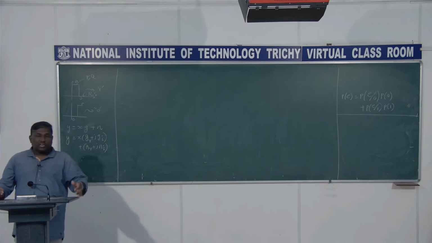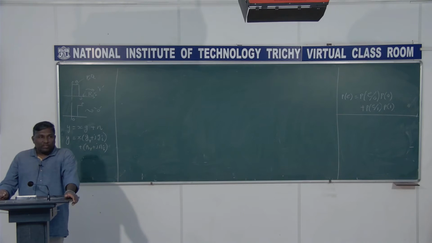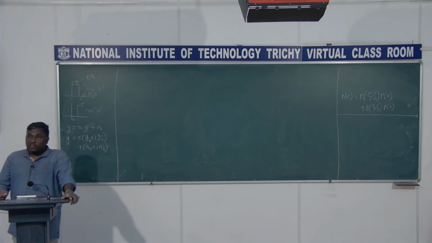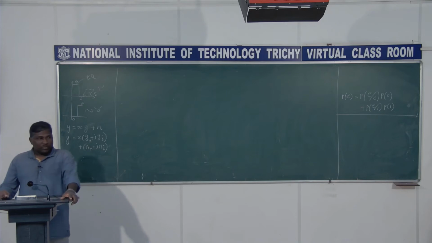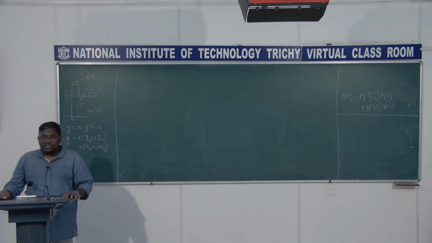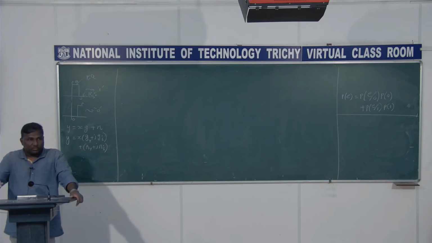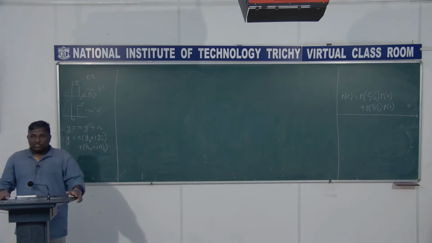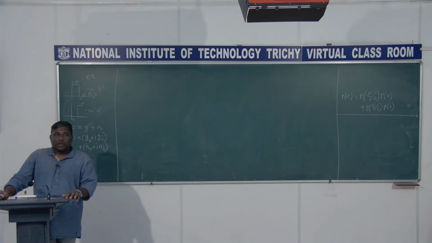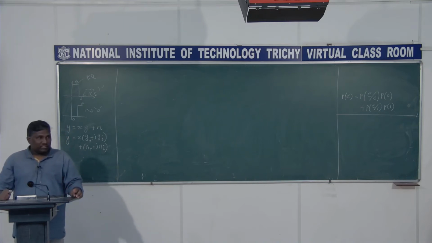But what we derived yesterday is the probability of error when 0 is transmitted. In fact, if p of 0 and p of 1 are equiprobable, it means that they are half and half. If that is the case, it ends up with the same expression that we derived in the previous class, because the probability of error when 0 is transmitted and the probability of error when 1 is transmitted are identical. So it is like half times k plus half times k, it becomes k itself. So that is the probability of error, I can even say to that extent.